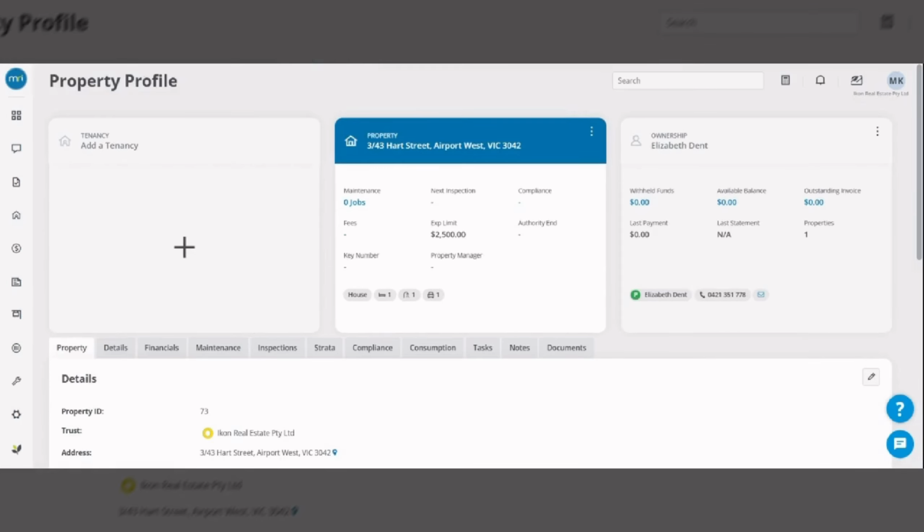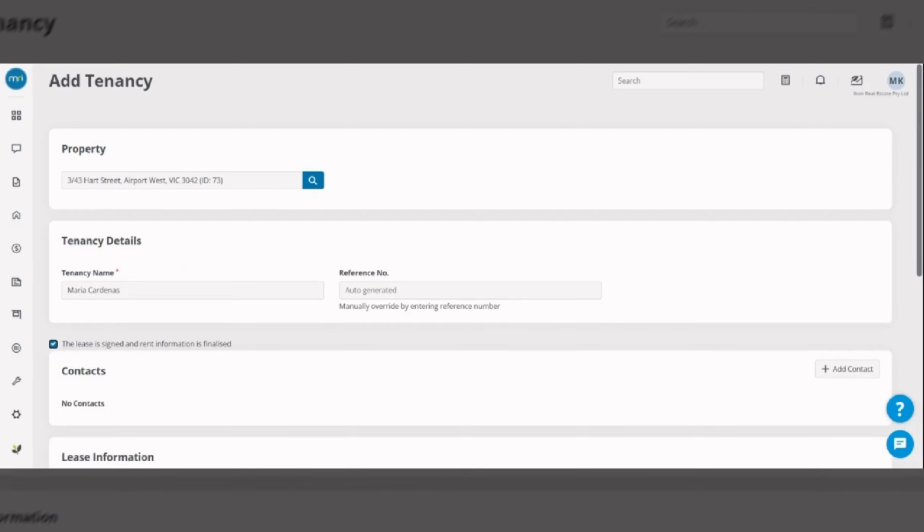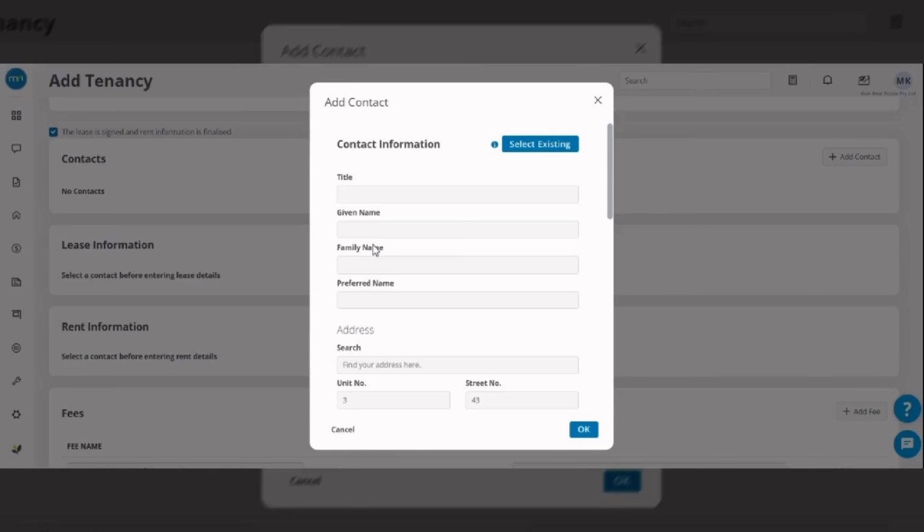Now we're left with entering the tenancy details that we get from the agreement, and again, to enter the details of the agreement, we need to get the agreement signed first, right? For example, the name of the renter is this, right? The lease is signed and the rent information is finalized. Otherwise, if you don't click that, this would go under prospect, and after that you need to convert the prospect into the tenancy, and again fill in all the details of the rent, right?